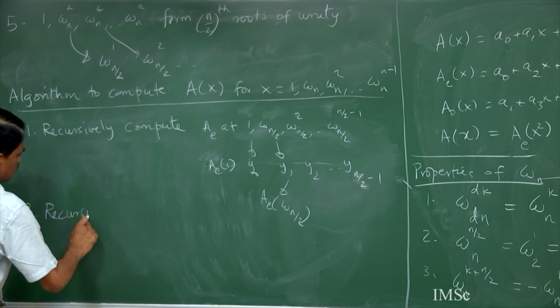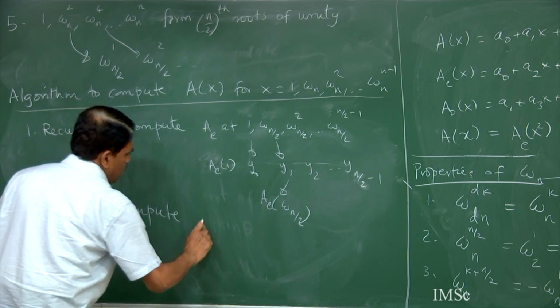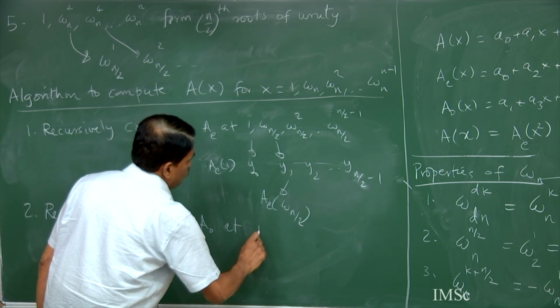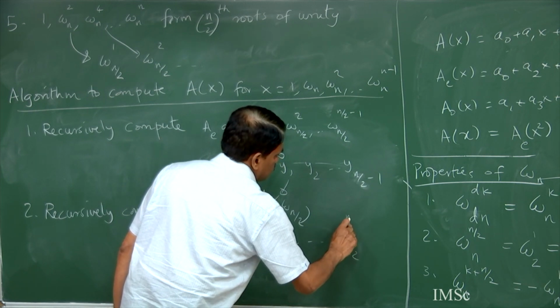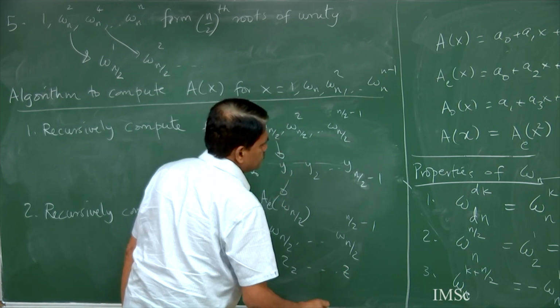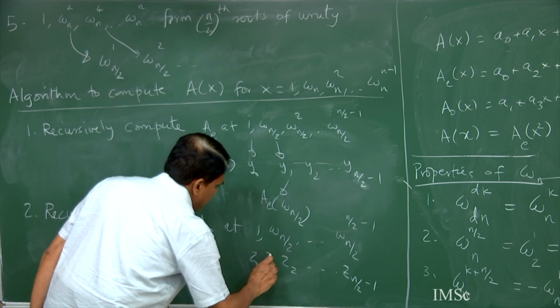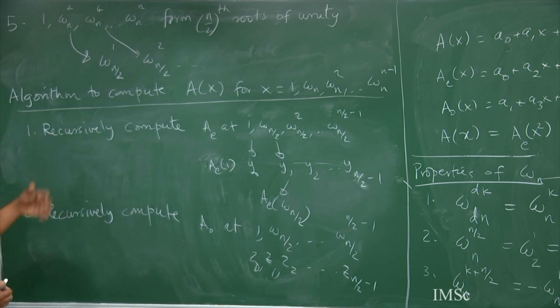Step 2, recursively compute AO at 1, omega n by 2, and let there be z0, z1, up to z n by 2 minus 1, right? I've computed these guys recursively, so it's 2T(n by 2). Now I will say that to get my A at these points,